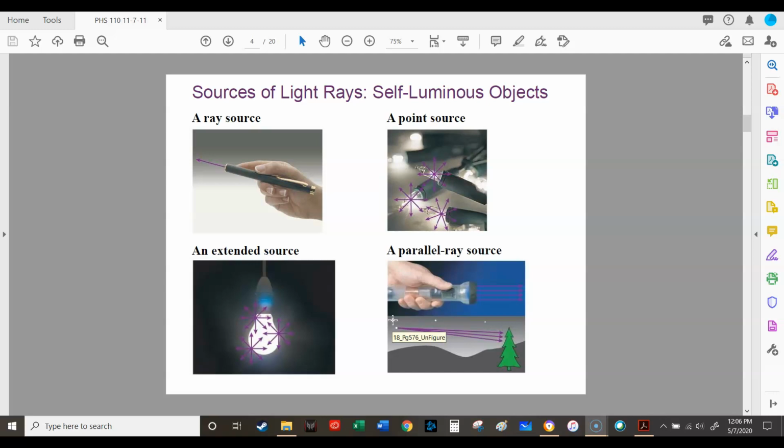And they're not exactly parallel, and that's kind of why the sun is an extended source of light rather than parallel light rays. But this is a way to simplify light rays, and this is kind of how we're going to actually model light